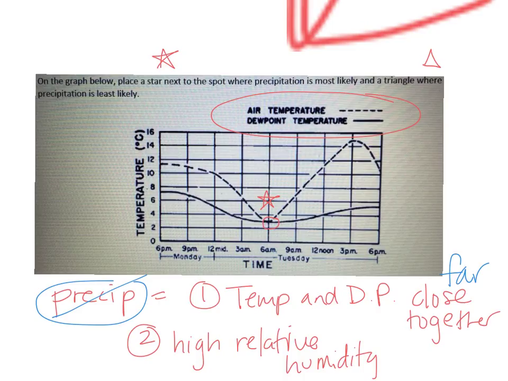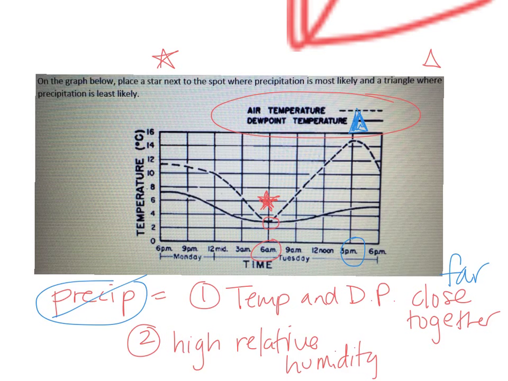In fact, it can't because the relative humidity is so low. So all I want to do is look at my trend lines here, and I want to find the spot where they are furthest away from each other. And that looks like around 3 p.m. So 3 p.m. is where I'm going to go ahead and put my triangle and say that that is least likely there, and that it is most likely